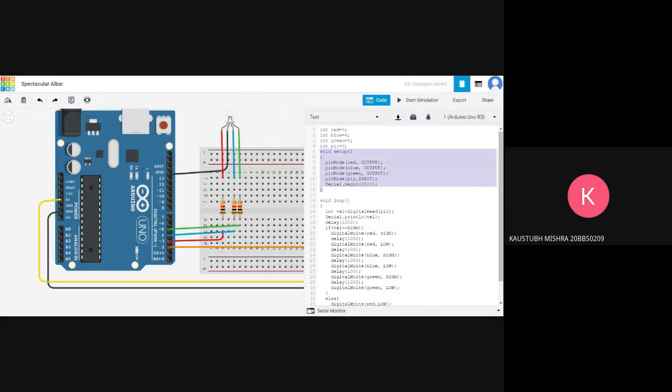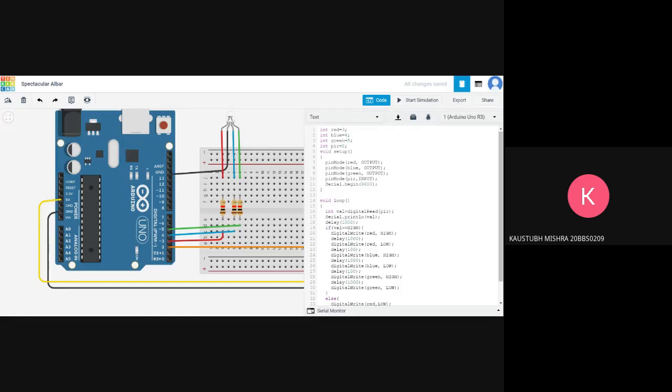First one is void setup, and the second one is void loop. So void setup and void loop are the two functions present in every Arduino program ever. Void setup is just to tell the Arduino what circuit it is working with, what circuit it is a part of. Over here, there is this thing connected. Over there is that appliance connected. Obviously the Arduino needs to know, otherwise again it will just send random currents everywhere. So through the void setup function, we actually tell the Arduino what it is working with.